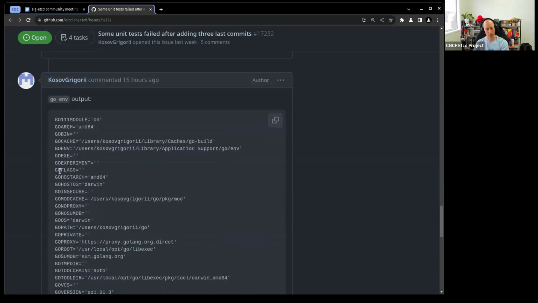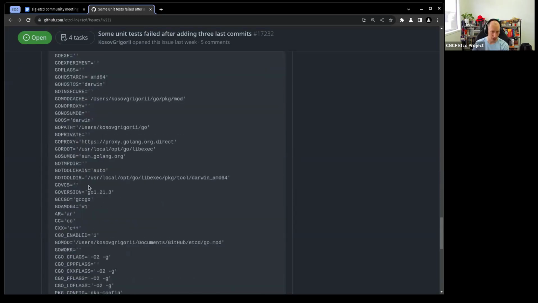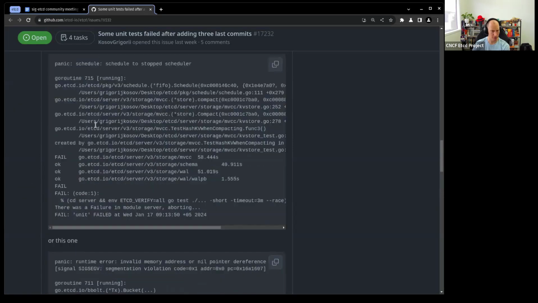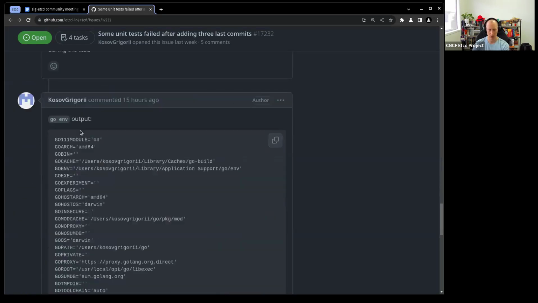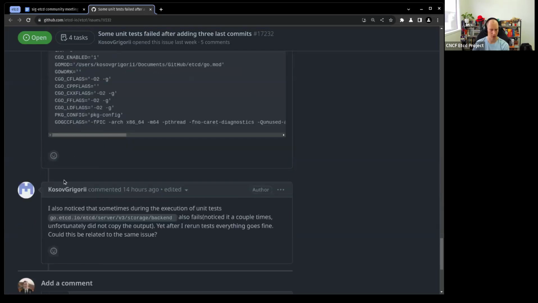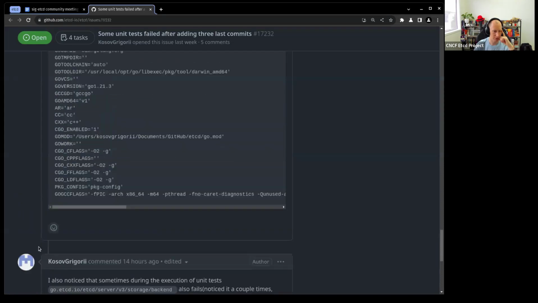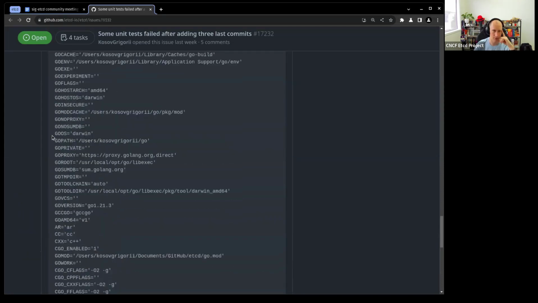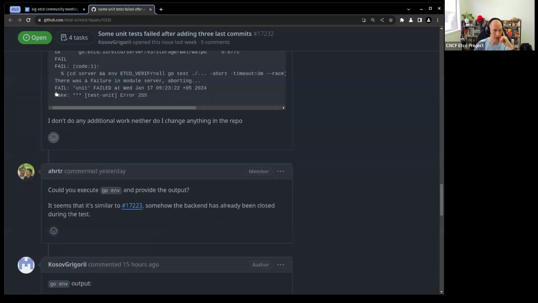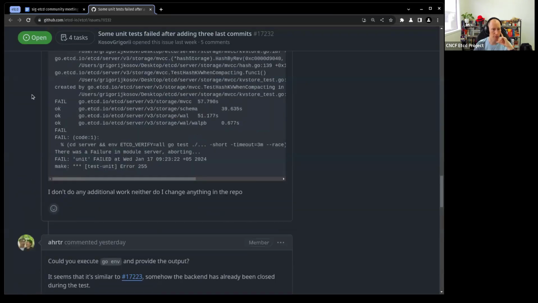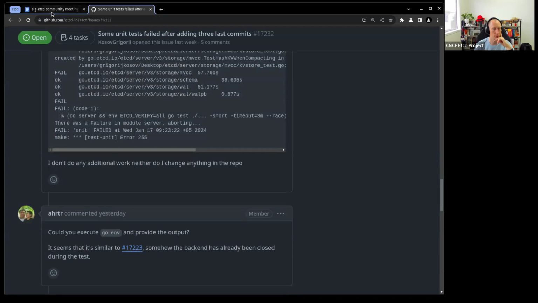Maybe if we go through that and have a close look, we might be able to spot something. I think the steps they were following were pretty easy. So if someone has time to also try at their end, I'll give this a go and see if I can reproduce it as well. But it seems like there's something environmental on their end, just guessing. But it would be good to get a couple more people saying, hey, I can't reproduce this either, so that we can narrow it down.